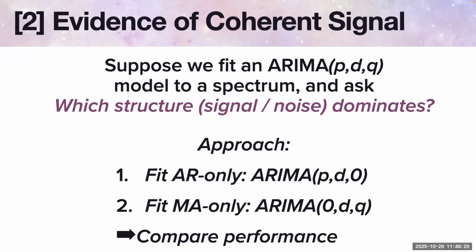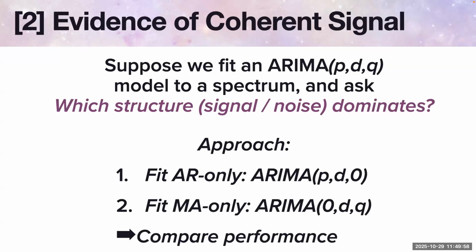So the approach here is that we're going to fit a full ARIMA model, and then go into those separate components and compare their goodness of fit criteria, right? And say, well, if we find a spectrum whose fit is predominantly driven by the autoregressive part, then we think there's a persistent longer-term pattern that maybe we should consider. If it's primarily driven by the error part, then we'll figure out what to do with that in a minute. But in order to do any of this, we're going to have to do the boring part